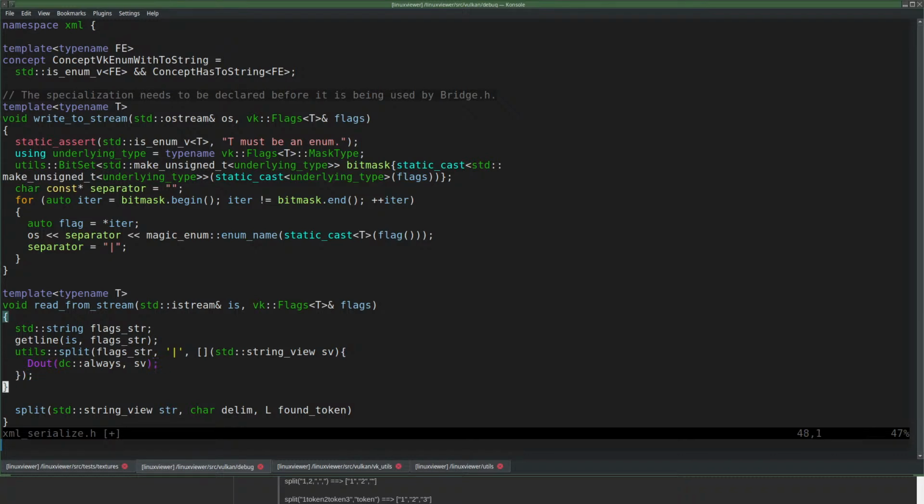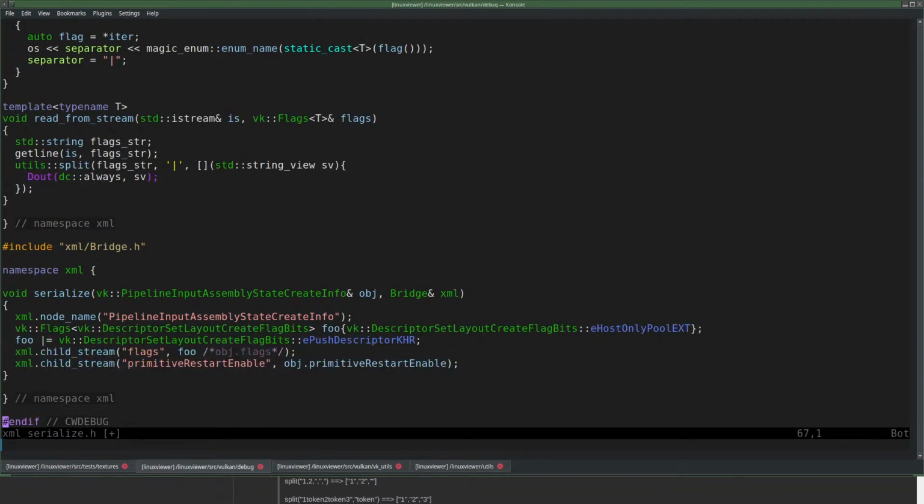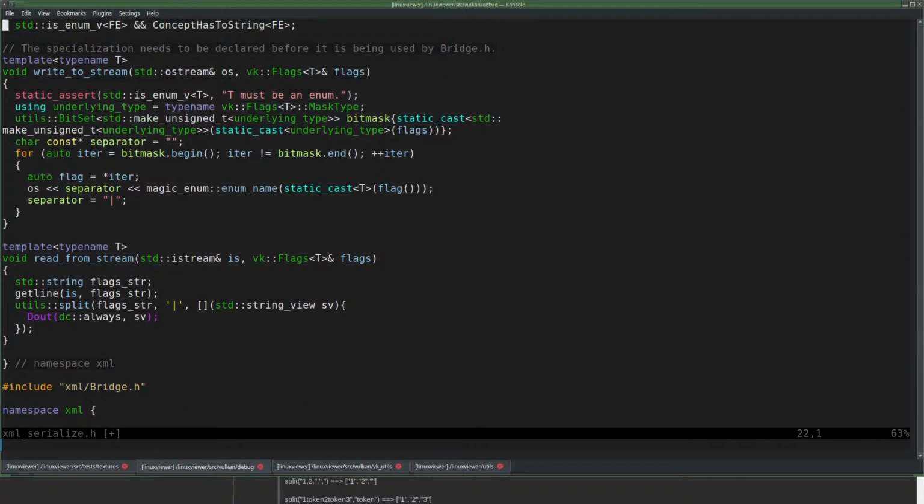Well, then I need to add code to read back my XML. Okay, leave it like that for now.